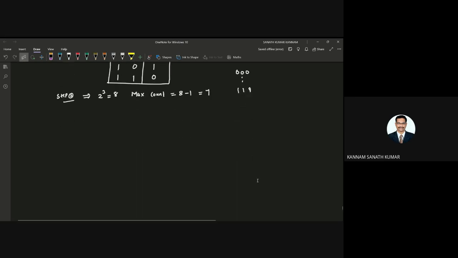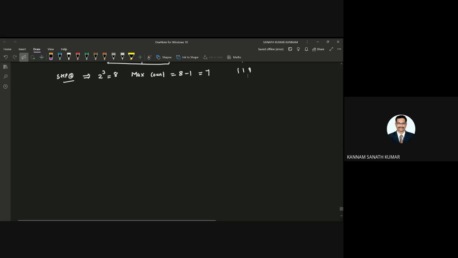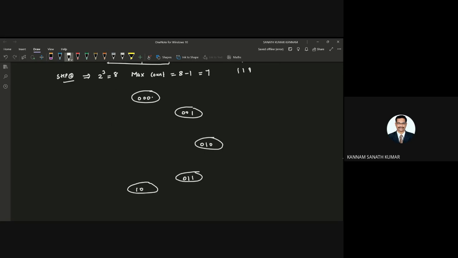Okay, so in step 3, you need to draw the state diagram and state table. Here, this is 0 0 0, 0 0 1, 0 1 0, 0 1 1, 1 0 0, 1 0 1, 1 1 0, and you have 1 1 1.